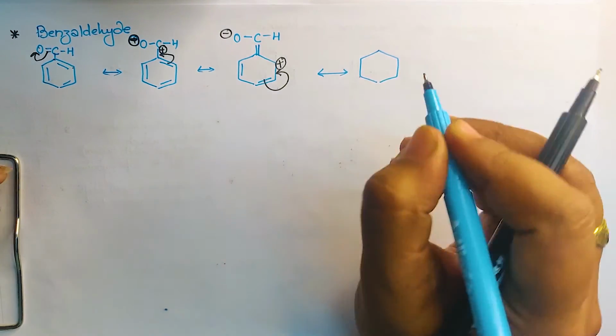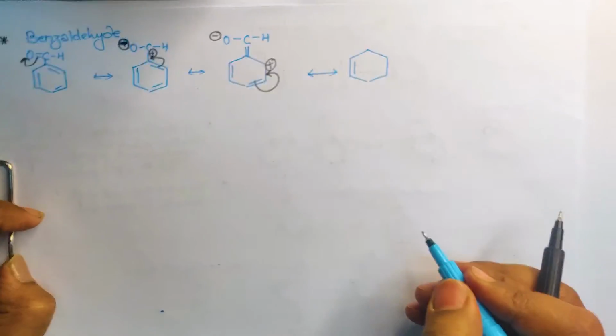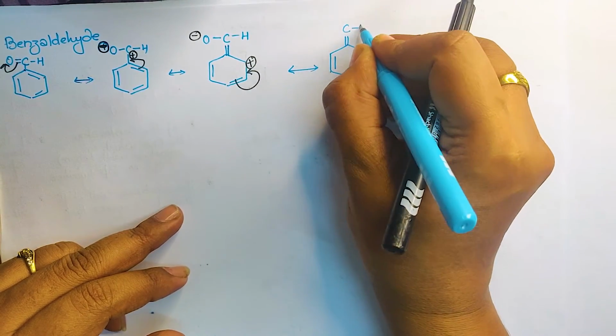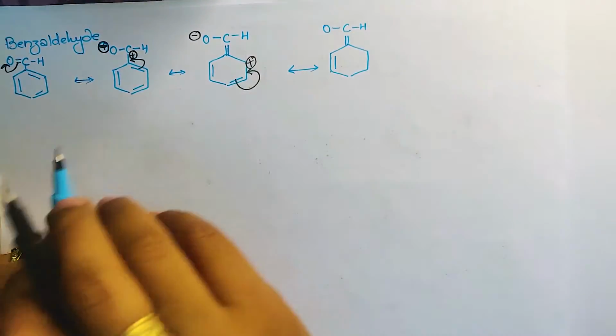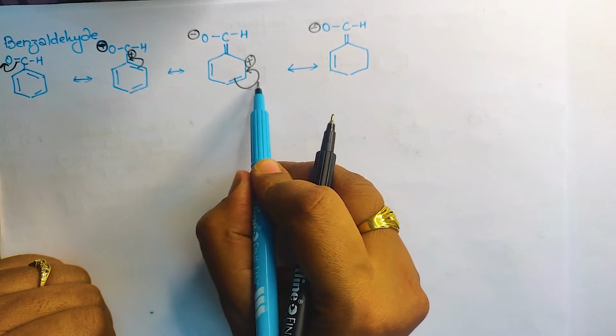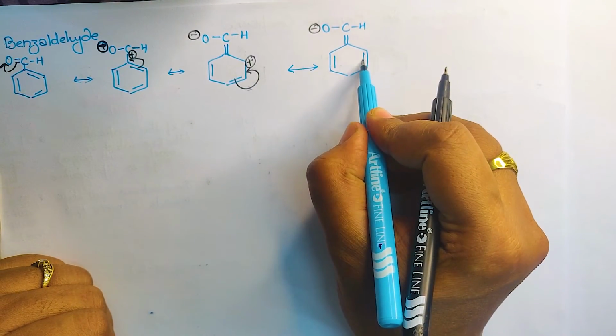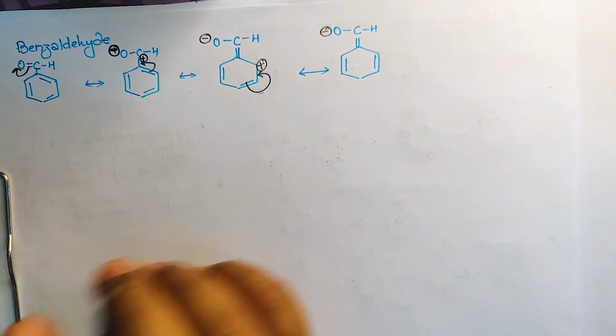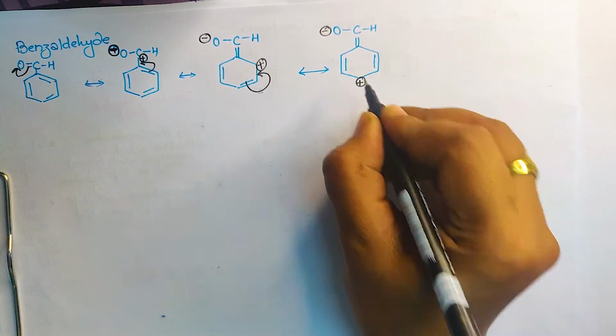This is not done with this. So let it be like this. Yes. Now I have not touched this. So make it like this only. It was like this. Here, minus charge. Now what will happen? This bond has shifted over this. So a double bond will form over here. But at the same time, it will create the deficiency over here. Isn't it? So put the positive charge over here.